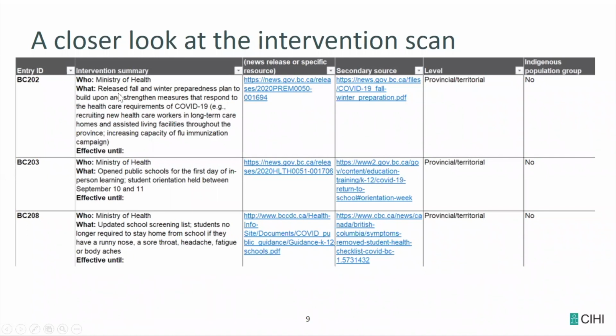We also have, so now this would be moving along in the Excel spreadsheet, but I've just broken it up so it's a little easier for you to see. The summary tells who made the announcement for the intervention, and we give more detail here than you'll get in that short description that's in the timeline.